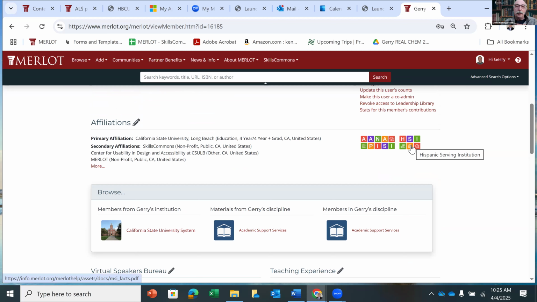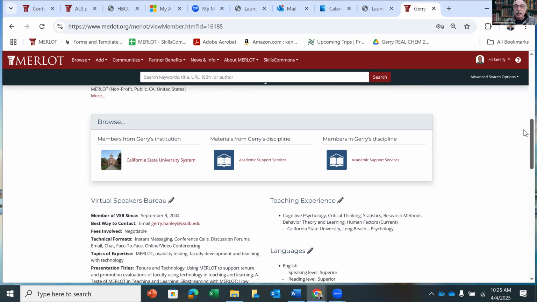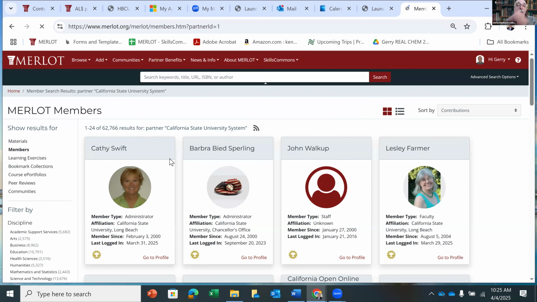And so when you create your profile, you'll have a little colored mosaic here that says HBCU. When you create a profile, it automatically shows who else in your institution belongs to the Merlot community.